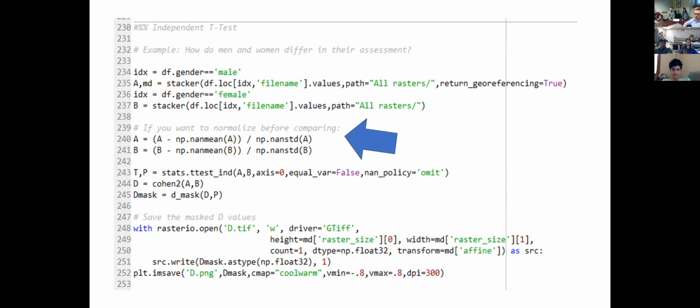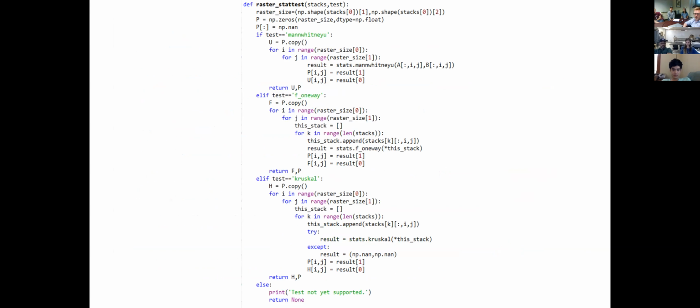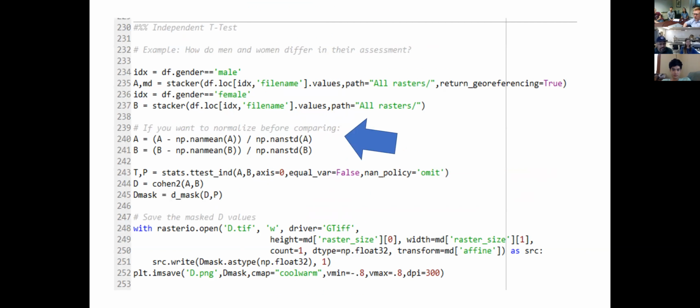We may also want to do things like normalizing. So there's a section in here that I added to normalize, and I'll talk about that in just a second. But lines 240 and 241 are a normalization of, in this case, a male and a female raster. One of the nice things about running this analysis in NumPy and Python is that you can run a t-test on rasters, stacked rasters. So these are three-dimensional rasters. There's rows and columns, but each individual is on the z-axis, right? So the z-axis is different people, and you can basically run a t-test.